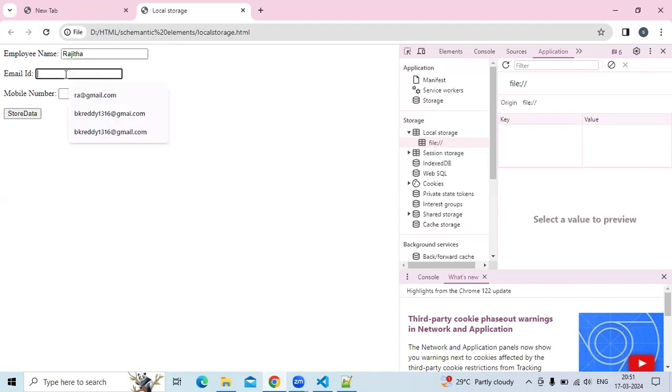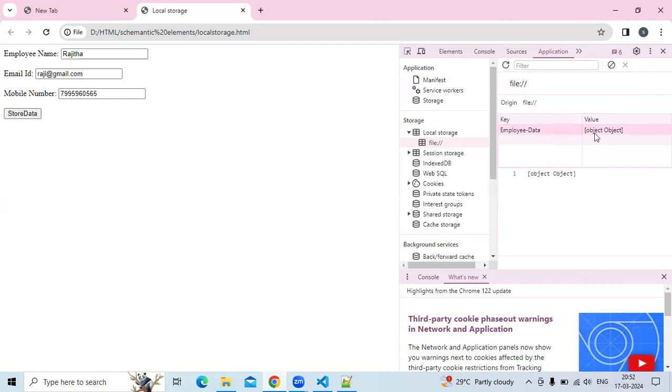I'm entering the employee name and email ID, gmail.com. Now I'm taking my mobile number, 79959960565. Now I'm clicking this store data button. Okay, see, in the local storage I am getting the key,